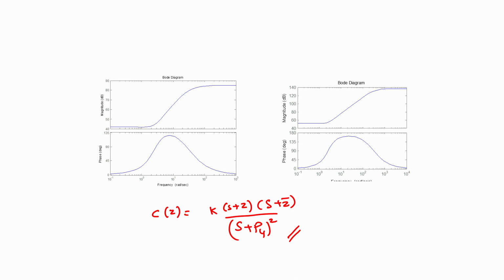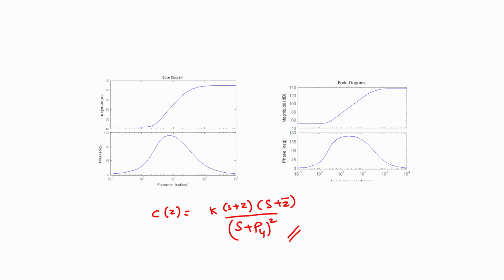Because we assume that the controller has coincident poles, we have the term (s + p4) squared appearing in the denominator, and we went over the elaborate design steps necessary to determine the locations of the zeros z and z bar, which are intended to restrict the variation in the closed loop pole due to changes in the plant parameters. And the gain k of the feedback controller ensures that for the nominal value of the plant parameters, the closed loop poles are located exactly where we want them to be located, namely at PCL naught and PCL naught bar.